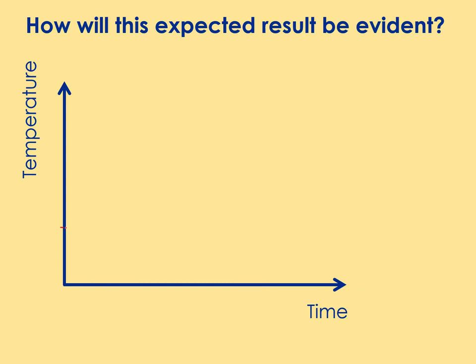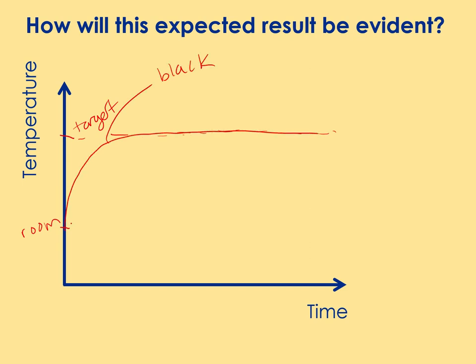So they would both start at room temperature, and I guess they would go up to a target temperature, which would be different for each experiment, but left long enough they'd get to that temperature. The difference is, again, the one with the black coating would get there first, and the one with a white or silver coating